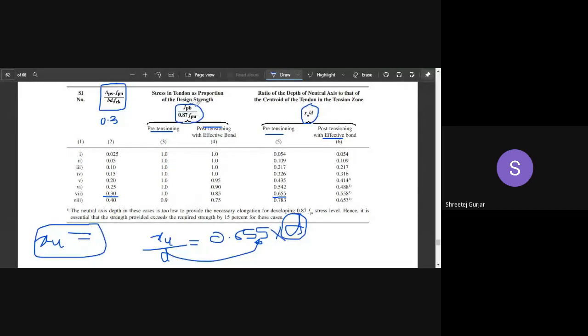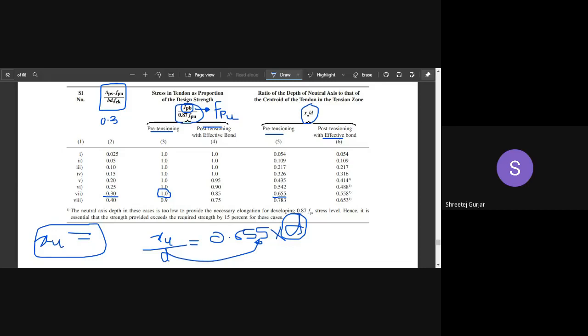Next, for FPB by 0.8 FPU, this ratio you can also find out. It is pre-tension, so it is equal to 1, and from that you can calculate FPB. FPU which we are talking about is nothing but FPB. The notation is different but the value is the same. From here you can calculate this value and then substitute further.